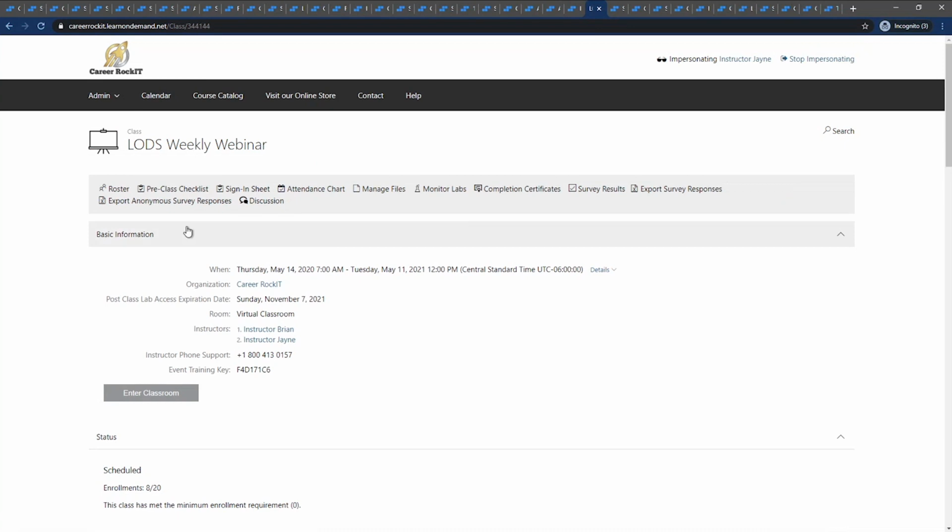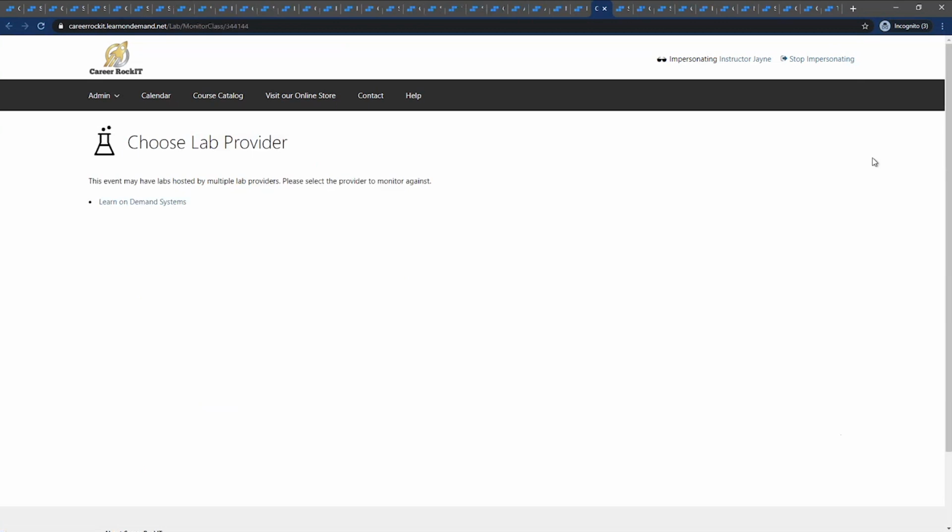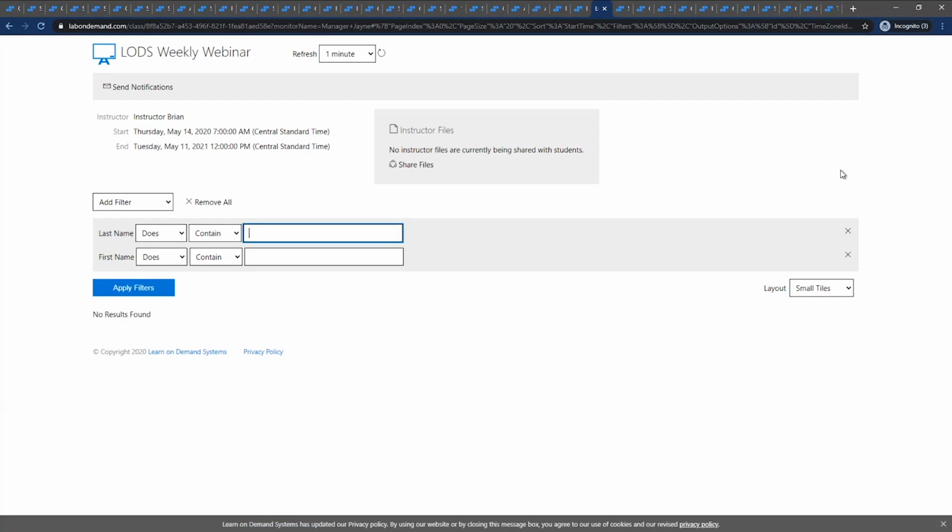And I can share files directly into the lab interfaces as an instructor. And when I go into monitor labs, I hope that my lab over there is still running. Oops, it was saved. I'm resuming the lab. And I can go into my monitor labs here. So it might take a couple of minutes. That's unfortunate. But I can share files here, and it will go to all of my